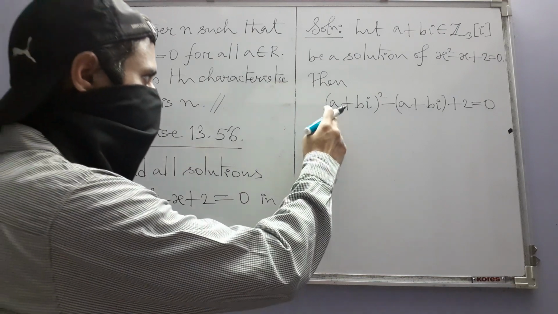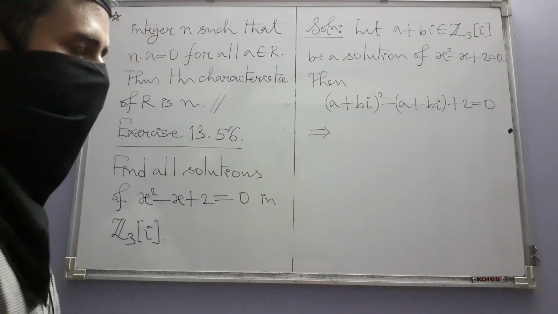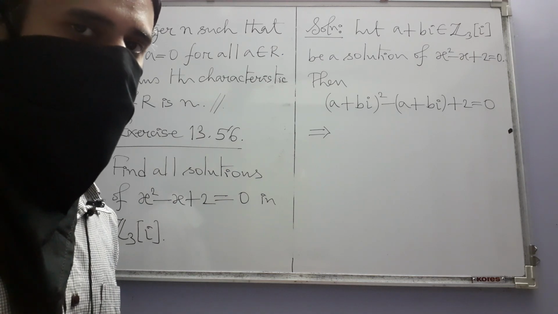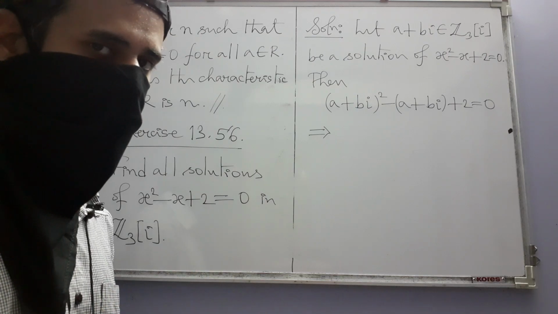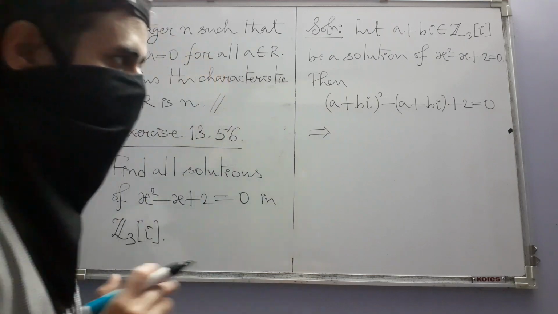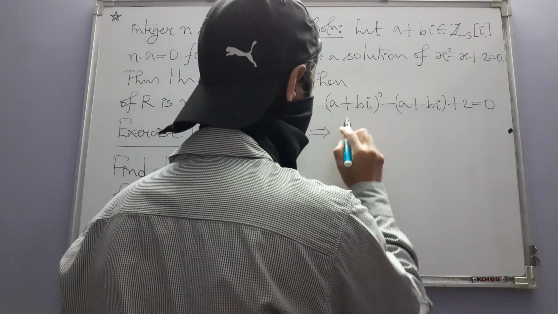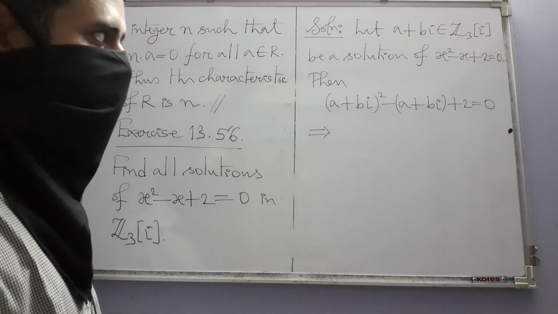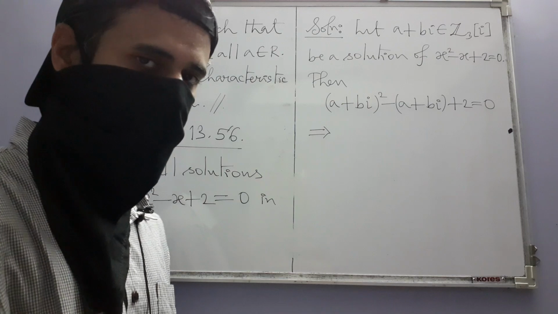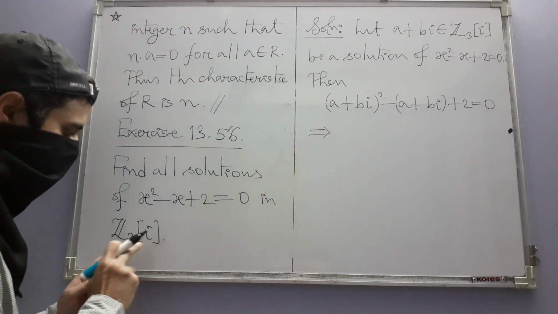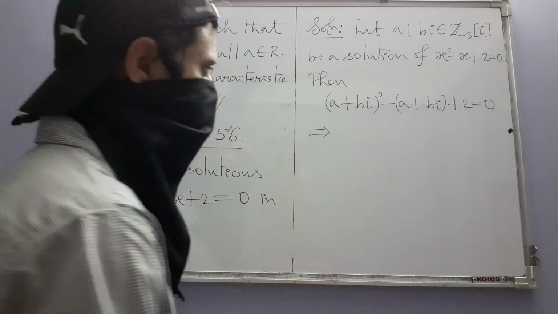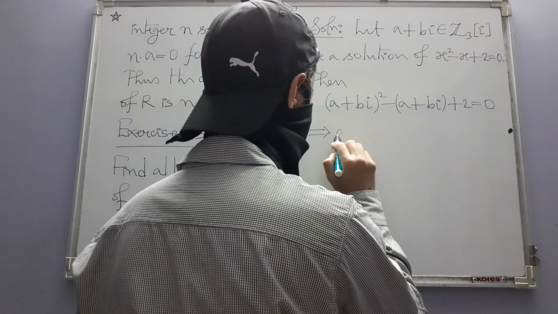You can of course manipulate these things as if you are working with complex numbers. All the rules are similar, in spite of the fact that this a and b are not real numbers. They are just like ordinary complex numbers. The real and imaginary parts are coming from the field of real numbers. In this case, they are coming from this finite field. That's it. But the field axioms are same. So using those things, we get